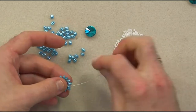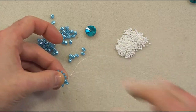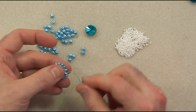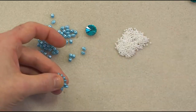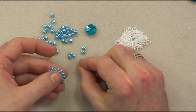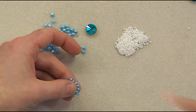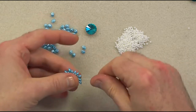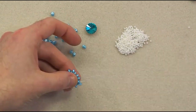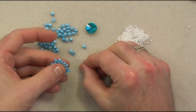Pull this through. So I said you need 36, 3 rows of 12 altogether. So we're just going to turn our work. I'm right-handed, so I hold my work in my left hand and I sew with my right. So pull that through. Now I'm using one colour SuperDuo for this particular mandala, but there's nothing stopping you doing